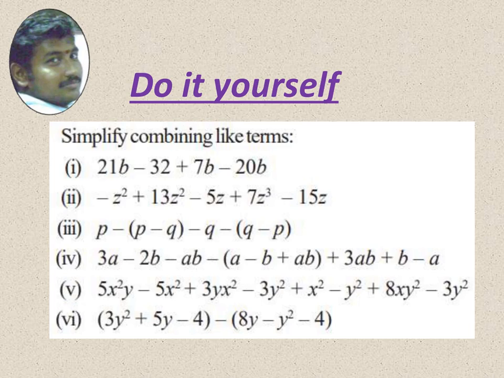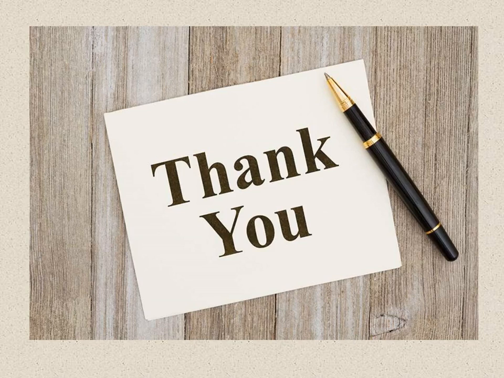Simplify. The expression is given. First you have to group the like terms. Then only the numerical coefficients you have to add or subtract. Then you get the answer automatically. The thing is, you need to first group the like terms. Here you understood the concept of adding and subtracting algebraic expressions. For that you need to group the like terms, then add or subtract only the numerical coefficients.